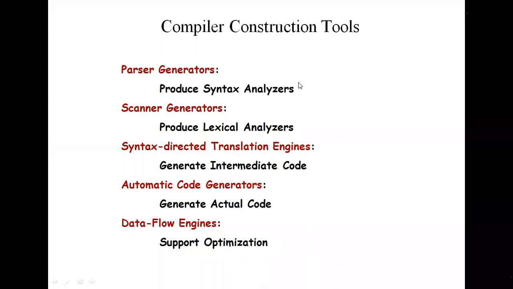Whatever intermediate code statements we generate, all those statements are replaced by templates that represent the corresponding sequence of machine instructions. By checking the target language that we generated as target code, by performing reverse engineering, we check whether the correct source string is going to be generated or not. So we are representing the corresponding sequence of machine instructions there. That's the task performed by the automatic code generator.